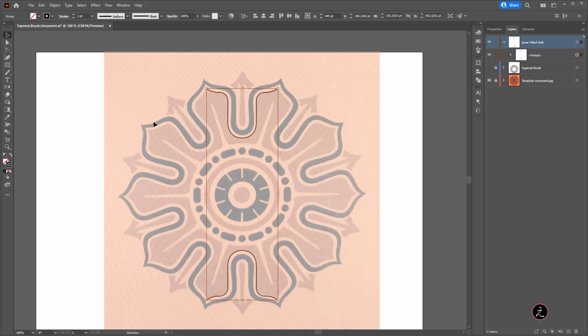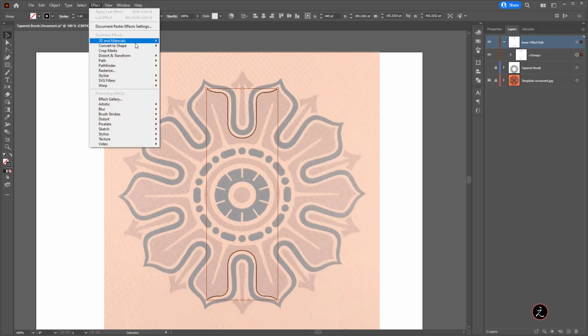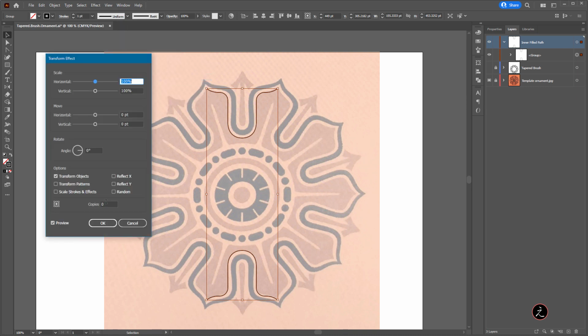Again, we're going to run the same transform effect, and that will reshape the object without making any permanent changes to the underlying geometry. So back on the effect menu, distort and transform, and then transform. I'm going to have 4 copies again.